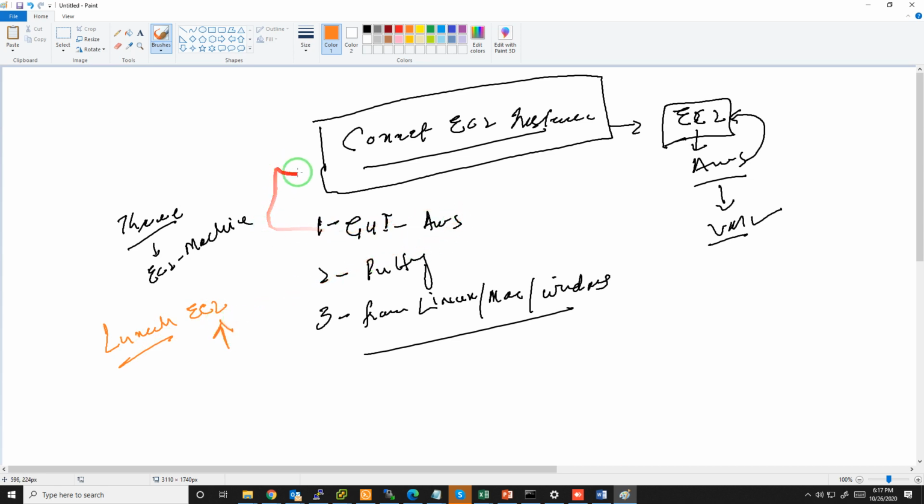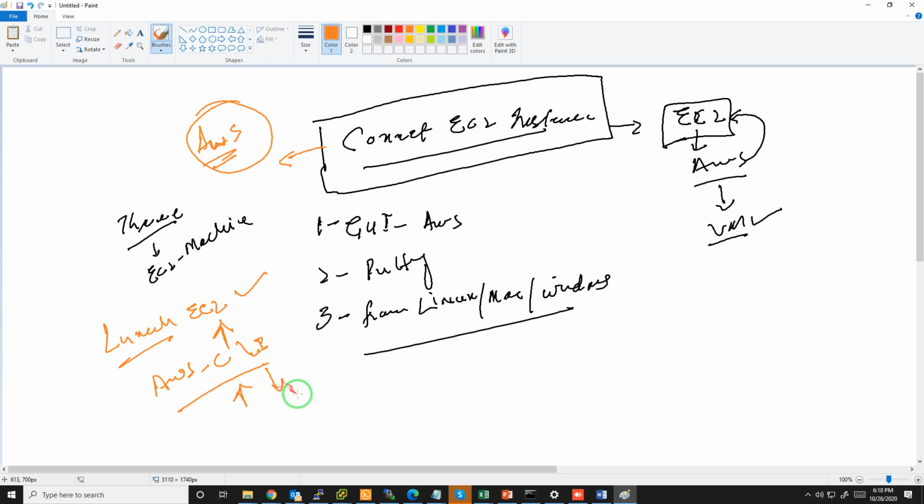This is a very small video for those who are very new to AWS. We have different public clouds. AWS is a public cloud, as you know, and we have Azure and GCP as well. Let's see how to launch the EC2 instance. Mostly people know it's very easy because everything is graphical. You can also do it via the AWS CLI, and it's very easy there as well.